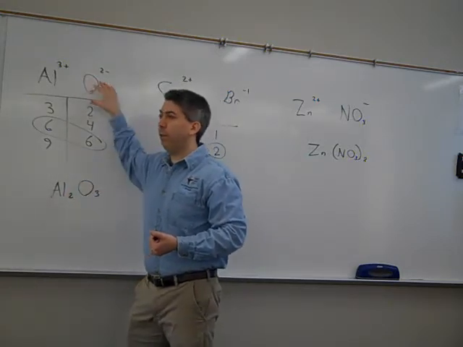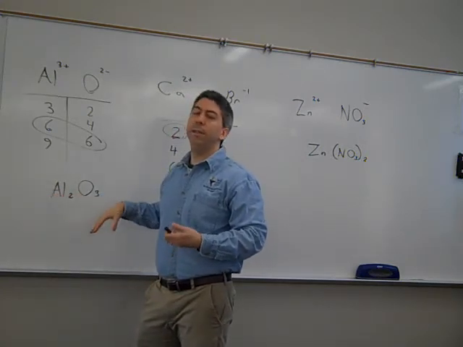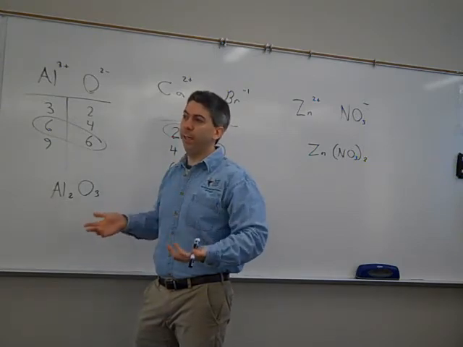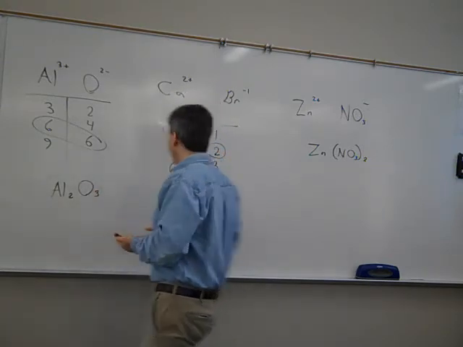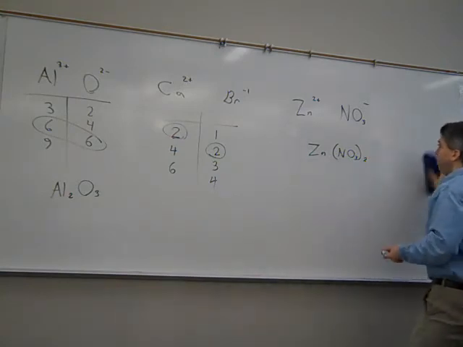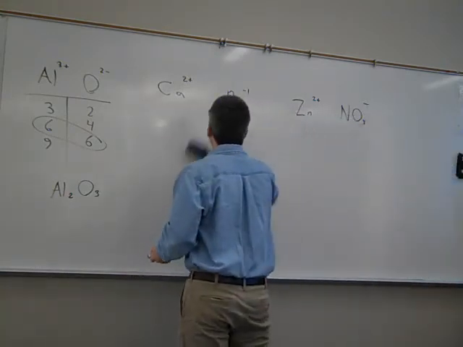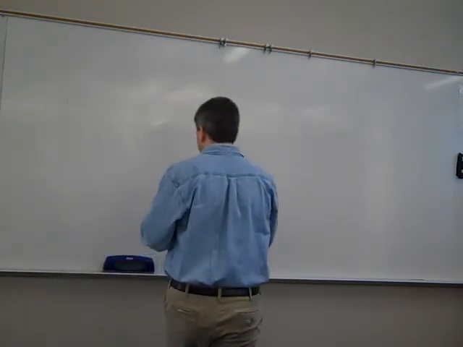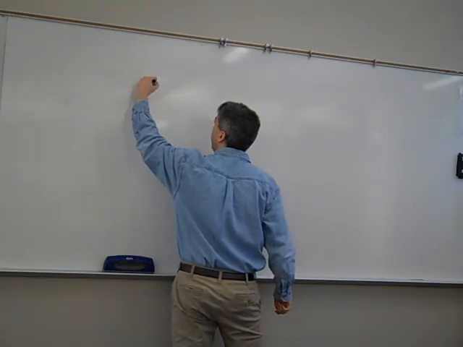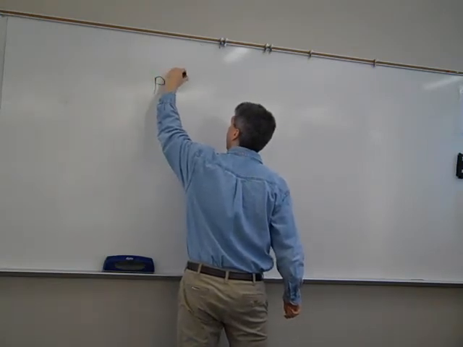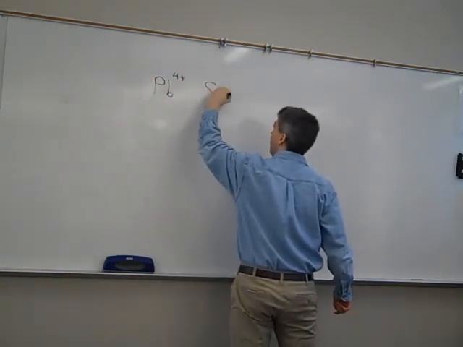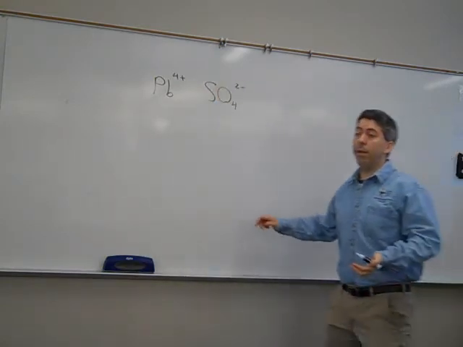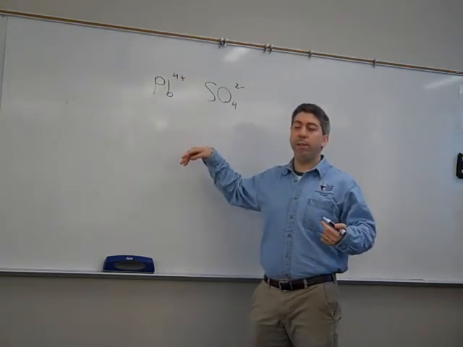Now, it's because of the charges that you end up having these ratios, but it's not necessarily a guarantee that if you cross the charges you're going to get the right formula. Let me give you an example. So, let's say you have something that has a 4+ charge. Let's have lead. Lead can have a 4+ charge. And let's say you combine that with sulfate, which is 2- charge. So now, if you just cross the charges, you get